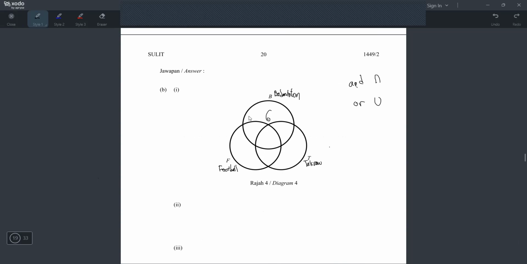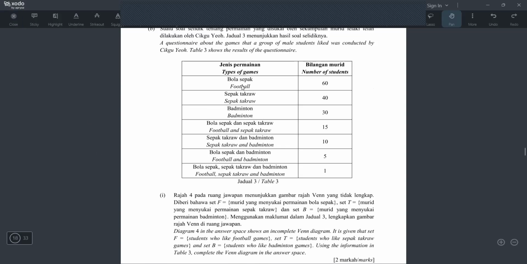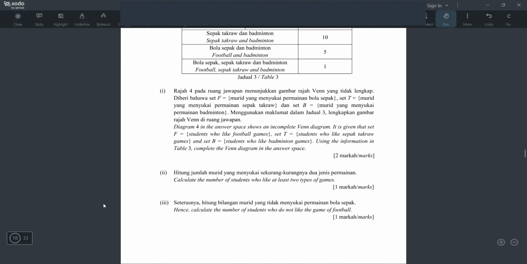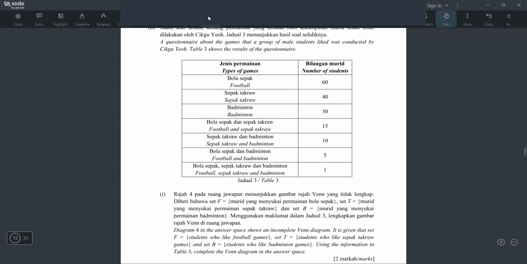Sorry, dia kata football kan? You can't put the 60 here. Why? Because they never say only. If they say football only, you buat macam tu, saya akan cakap bagus, because betul. Tapi dia tak kata only, dia kata football. It means itu 60 bukan sini tau. Dia 60 tu adalah jumlah semua kawasan ni tambah dapat 60. So the 60 actually cannot write. Same with the sepak takraw, 40 also cannot write, sebab dia tak ada bagi tahu only. So tak boleh tulis dulu.